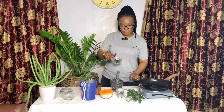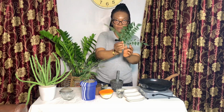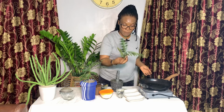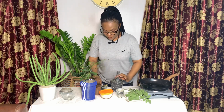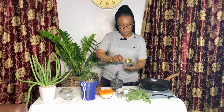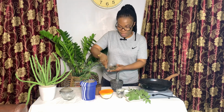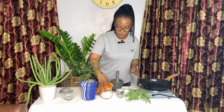What we want to do now is how to prepare the hair mask. So what you need for this hair mask is the Indian curry leaf. This is the fresh one that I just cut from another plant that is different from this. So this one is the part I used for this teaching. So I've pounded this one. This is what I have. And the next ingredient you will use for this hair mask is